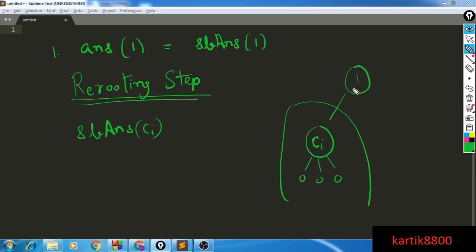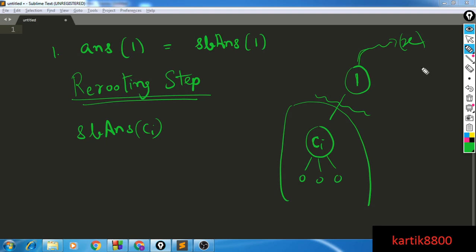If I knew the answer of 1, with the exception of the sum of the distances from 1 to all these nodes, I could take the sum of the distances from 1 to every other node x that is not in this particular subtree, and from Ci I can go one step to node number 1, and then I can go to every other node that 1 can go to, right? So